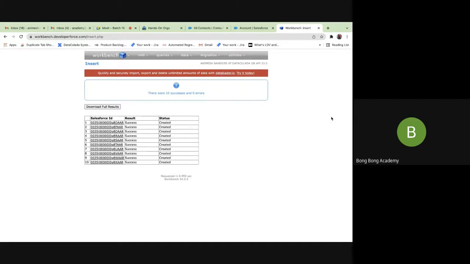If you have a third level child, so under contact, you have another object which is related to contact, and contact is the parent of it. In that case, you have to create an external ID in the contact object. In order to load the child records, you need to create the external ID on the parent side. Please remember that.